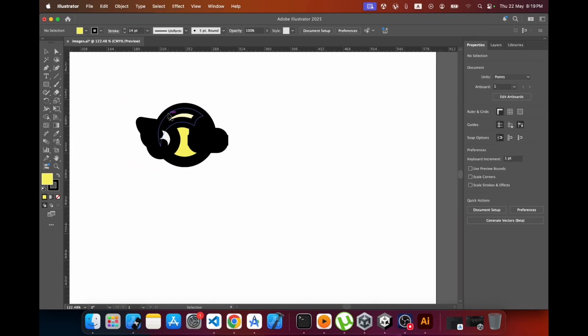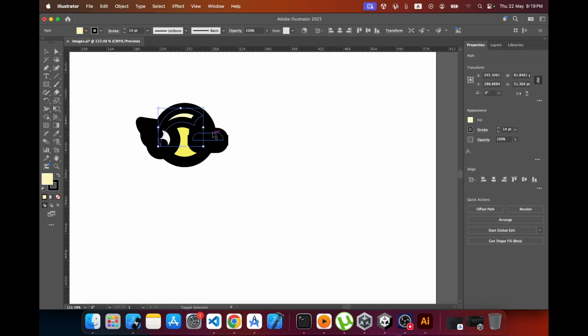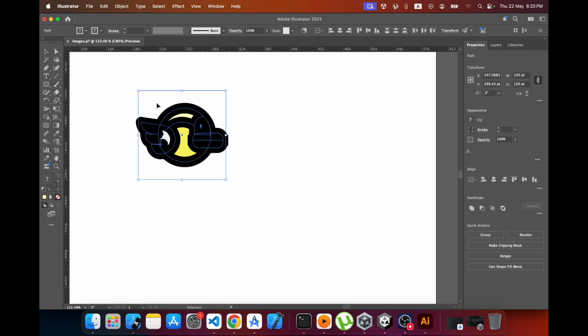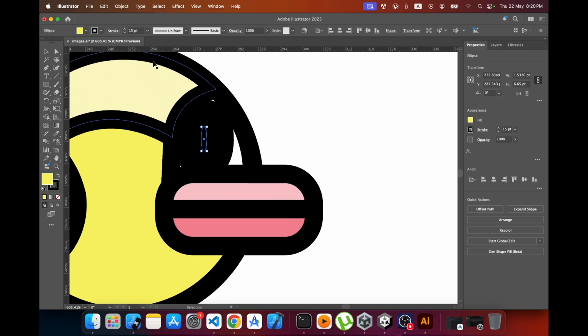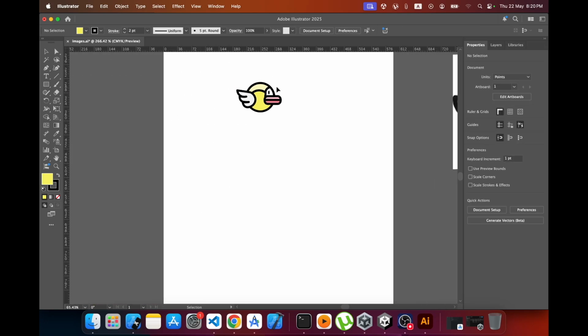Okay, then I will reduce the stroke as well, like this, and let's reduce the stroke of the eye as well, like this. Okay,